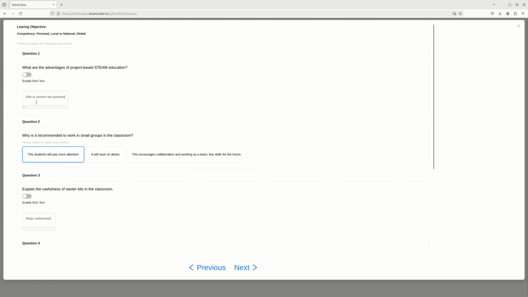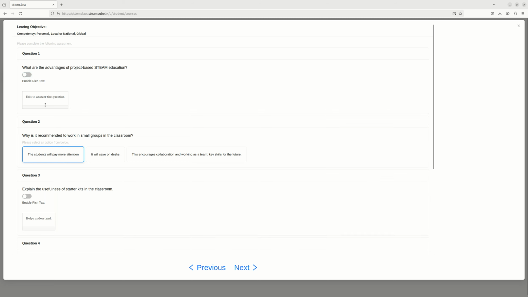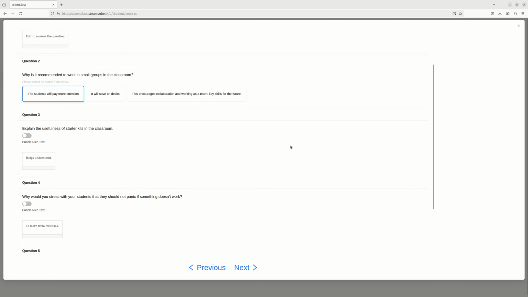Now, if you want to have a little bit of formatting done, what you can do is click on this enable rich text toggle button. You will see a rich text toggling mechanism is enabled here. You can make something bold or give some other formatting out here. But for simple answers, you can just keep it in the default of not enabling the rich text. Once you're done with that, what you can do is